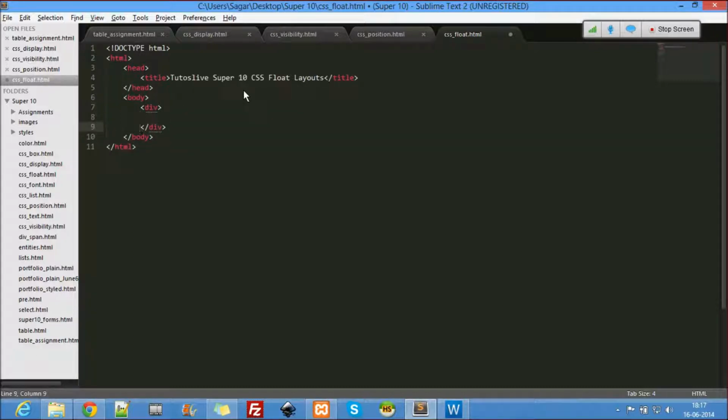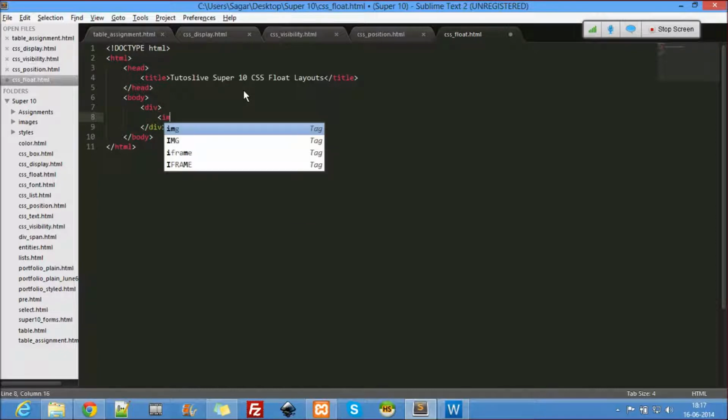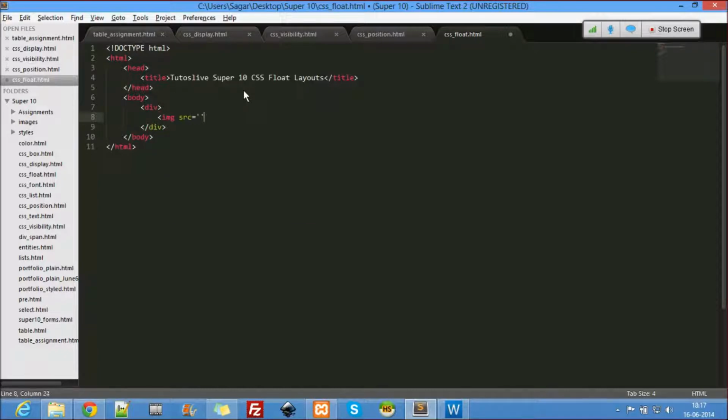Inside the div, let's use an image, src equal to. So let's download some images for the same purpose. Let's download some images here.